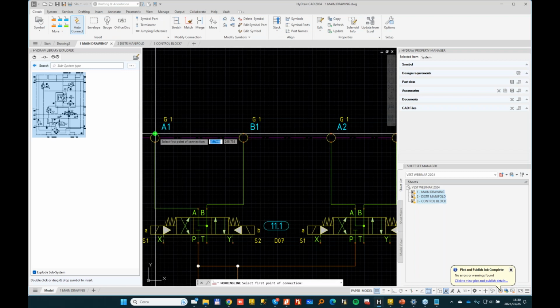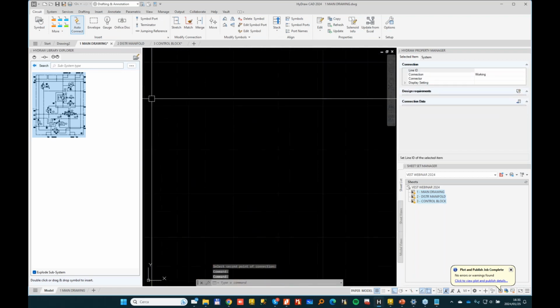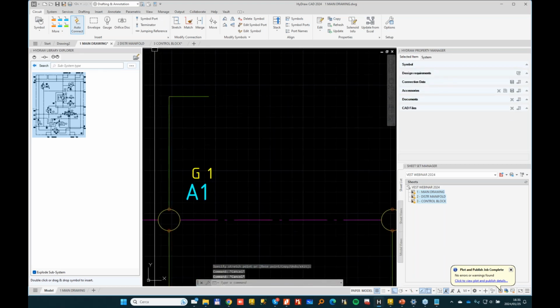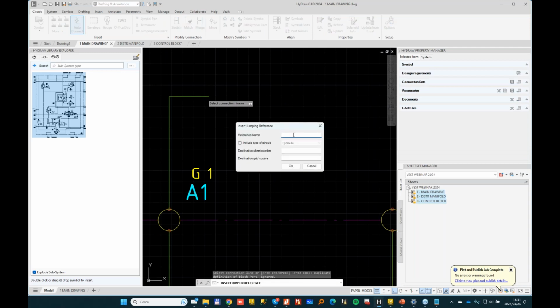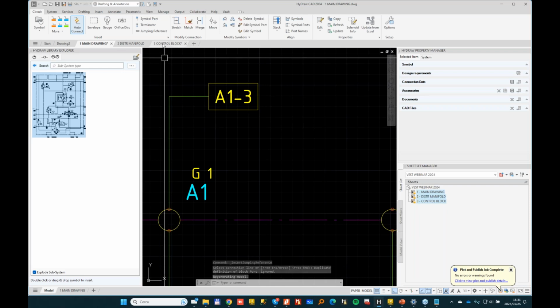So maybe A1 is going on a different sheet. Let me expand a bit this line. So it is possible to put a jumping reference to this line, and this jumping reference is maybe A1, and it's going to page 3. And this is not mandatory. If you want, you can define the grid A3, A4, B4, but let's leave it as is, A1, 3. So now I will need to go to page 3